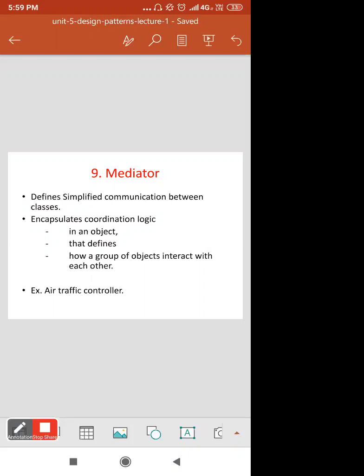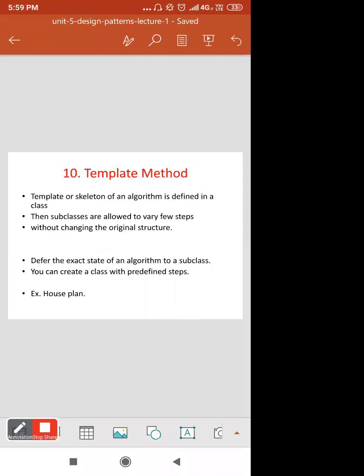The example is given here, like an air traffic controller. Likewise this mediator design pattern works. And the last one is template method.